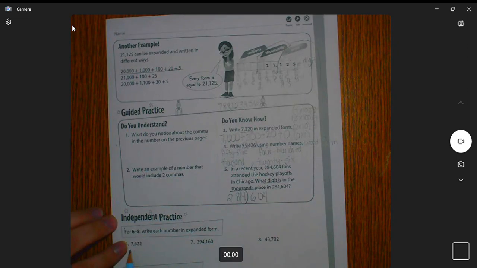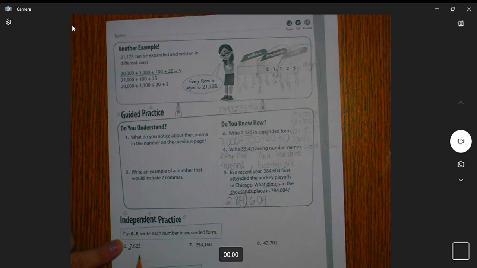I have to start with my biggest number, so I have to start from the left digit. What place is that? Let's count. Ones, tens, hundreds, right, thousands. So 7 times 1,000 is 7,000